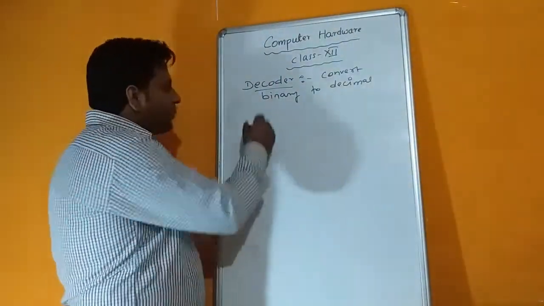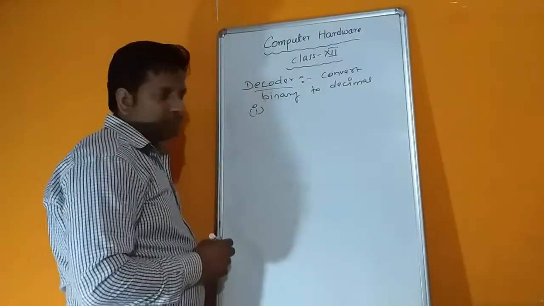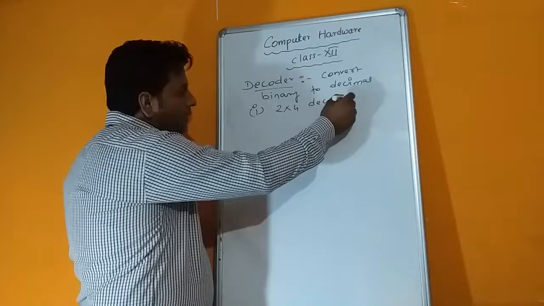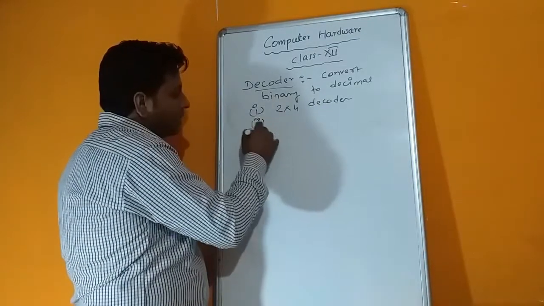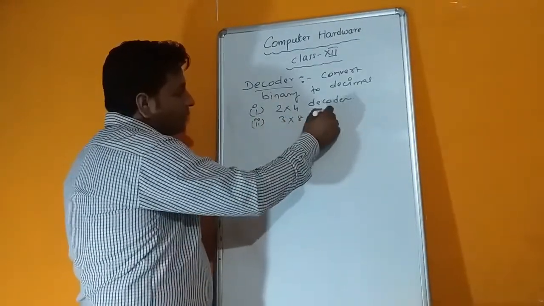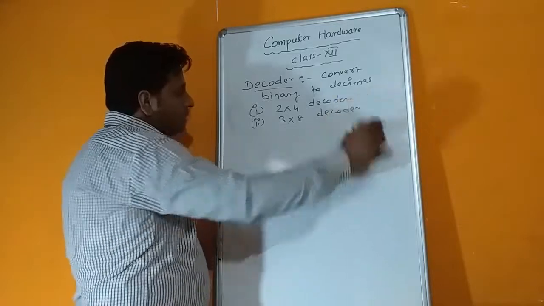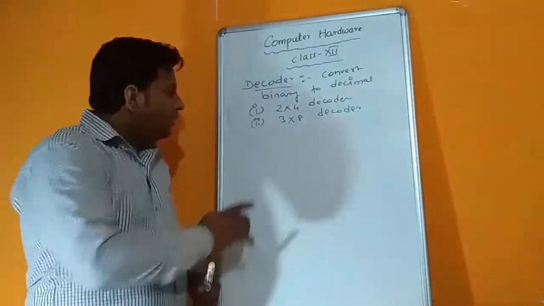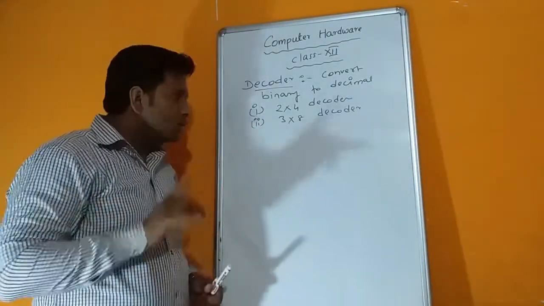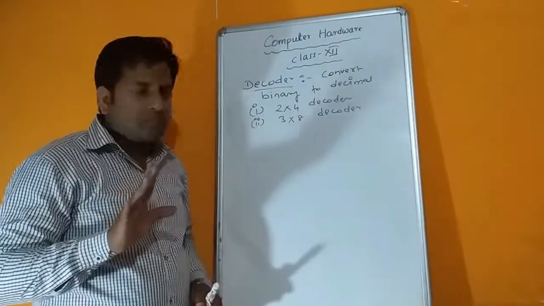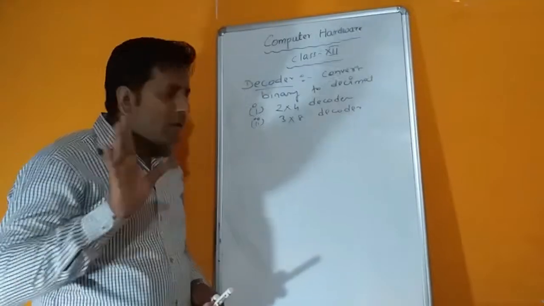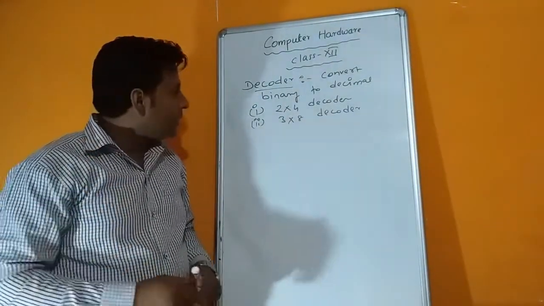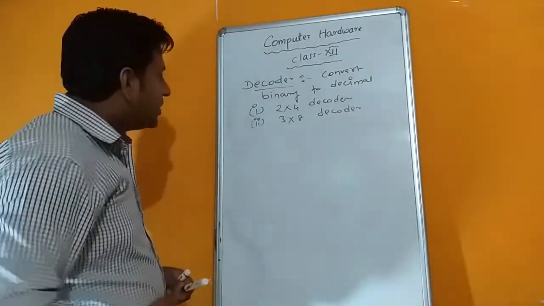We have two types of decoder in our syllabus: 2x4 decoder and 3x8 decoder. This is also a very important part. Both are almost the same. So I'll be doing 2x4 decoder. Again, your homework will be 3x8 decoder. You have to do it in the same way. Okay. So see here,